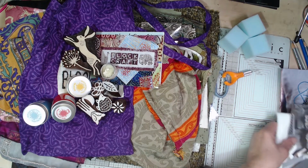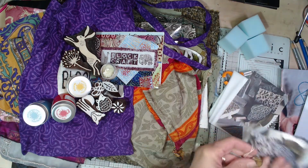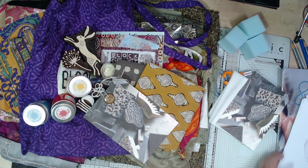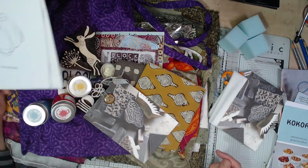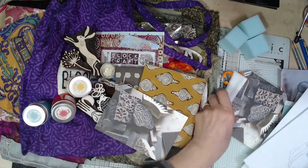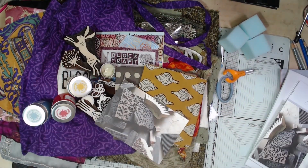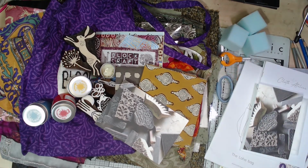And then there's my two fabrics and the pattern from Cloth Atelier as well. What a lovely collection of stuff. Oh, and that came with the bag kit as well. What an amazing collection of stuff. And last but not least,